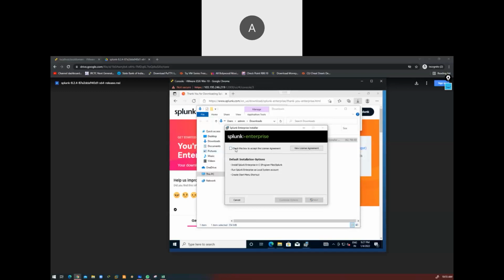Select this checkbox and hit next. Now it is asking you for a username. You can create any username like Manish, Anurag, any name. I'm using admin, and the password would also be admin. Next. So you have to choose one complex password.